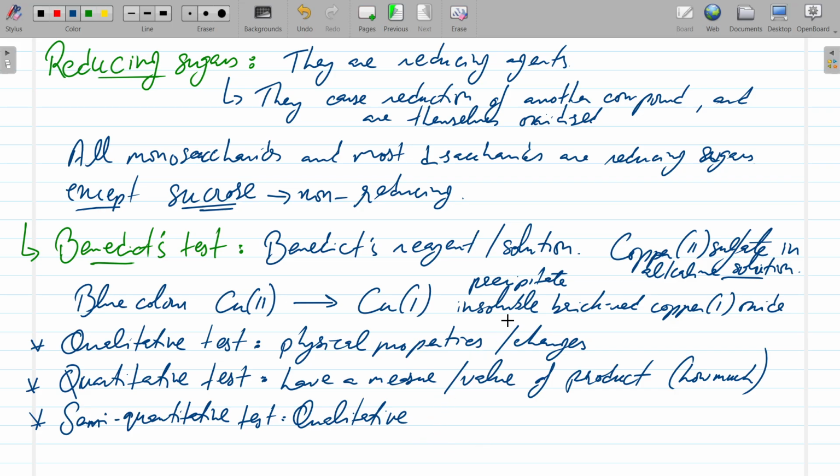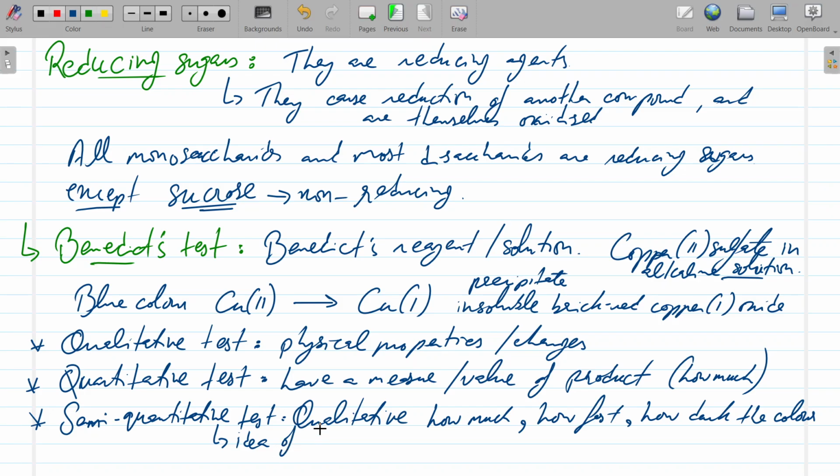So what you do is you see how much of it was formed, or how fast, or how dark the color was. So these aren't exact values. Depending on how dark the color was, this can give you an idea of the amount or quantity